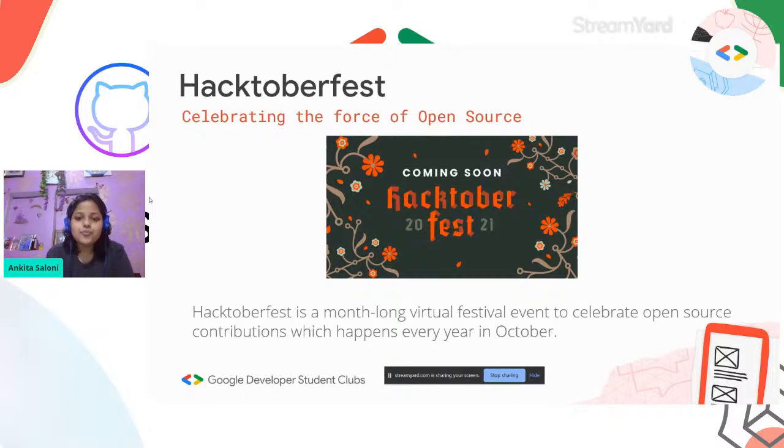So basically, you have to make four or more pull requests to any project that is on any open source platform. In the previous year, due to some spamming, they have made some changes to the guidelines. And this year, you can contribute only to those projects which have the label Hacktoberfest approved. And if you have completed four or more pull requests, and they mature, you're eligible to get the Hacktoberfest swag. So if you have not already, then it's high time you should participate.